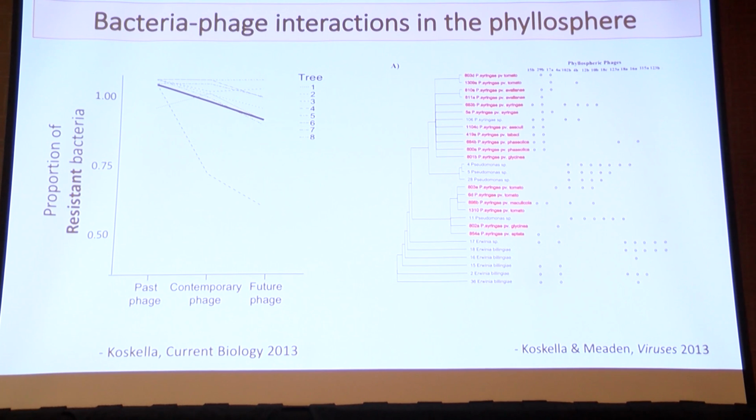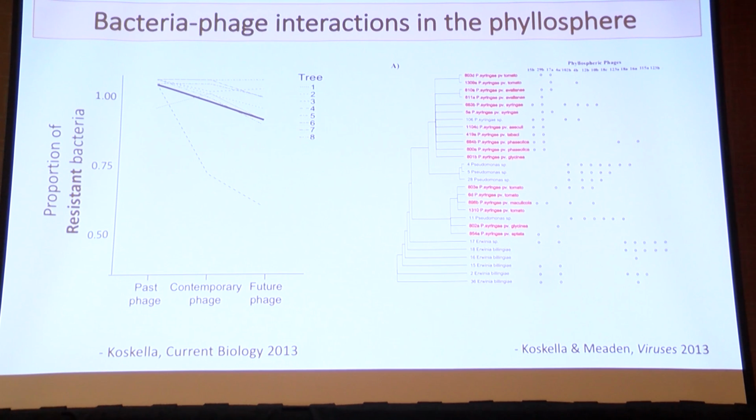And I put this up here just to say that host range and who's infecting who is a complex issue, and Matt alluded to this earlier in his beautiful talk, but this is a very small preliminary experiment we did, where we took some of our phages from the horse chestnut phylosphere, tested them against different bacterial isolates that we had in the lab that were either Pseudomonas syringae or also on the bottom there, Erwinia. And what we found is that it looks quite modular, for those of you who follow these bipartite networks,